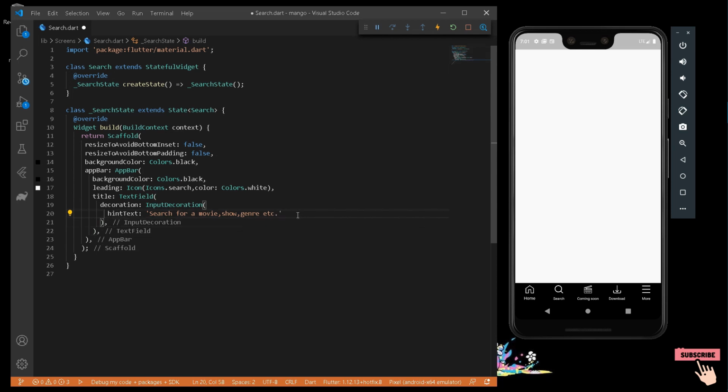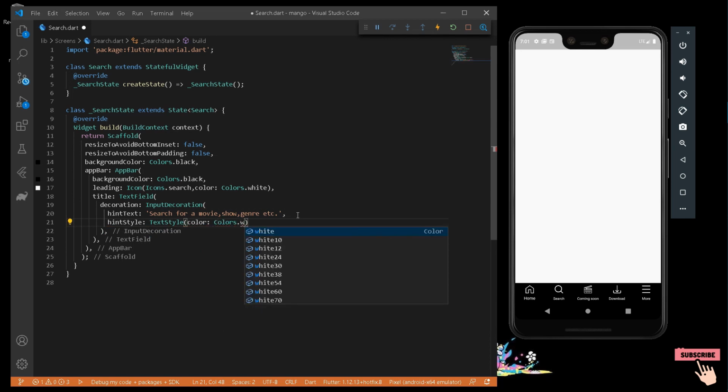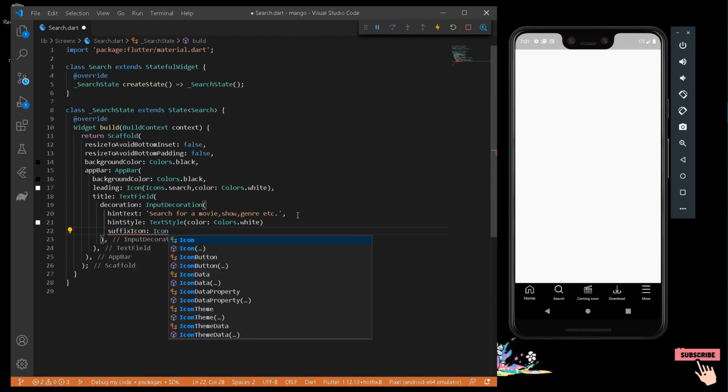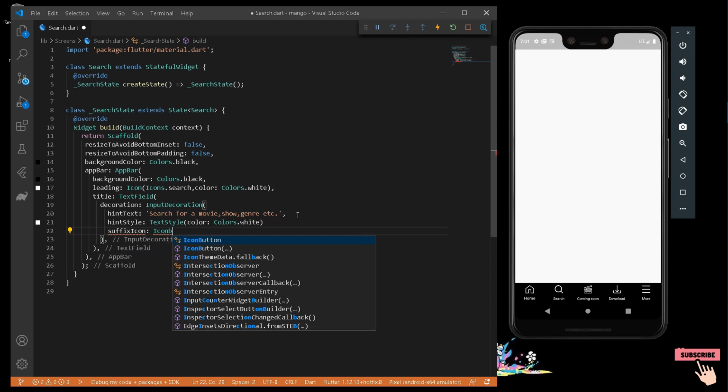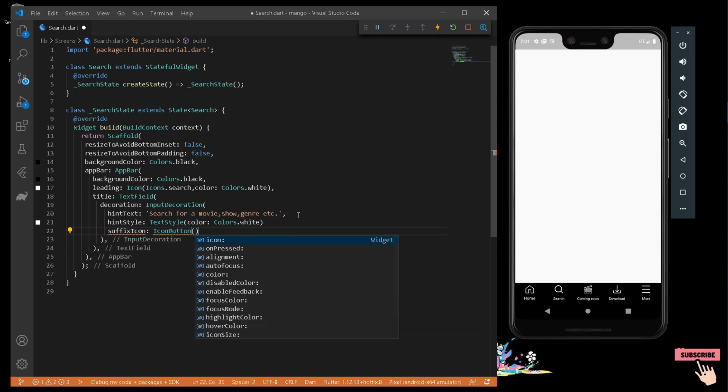Okay, so let's give some styling to our hint text as well. So I can write a hintStyle to be TextStyle along with a color of Colors.white. And also our text field will have a suffix icon which will be an IconButton. So I can write here IconButton. Let's add a comma here. Cool.